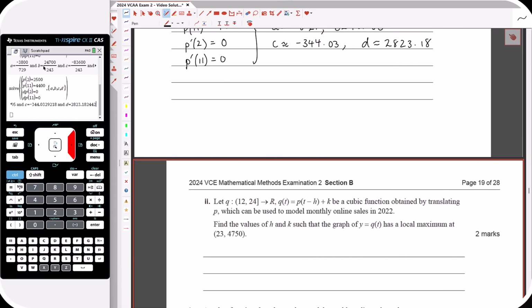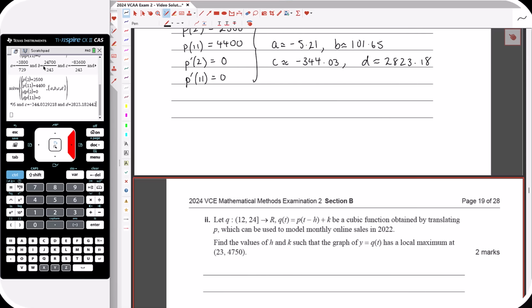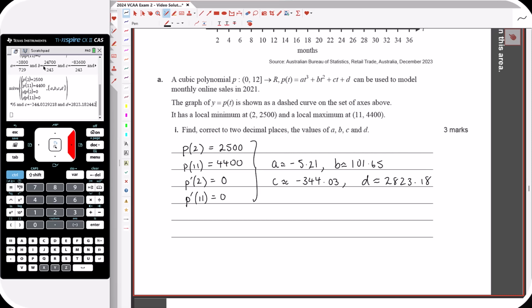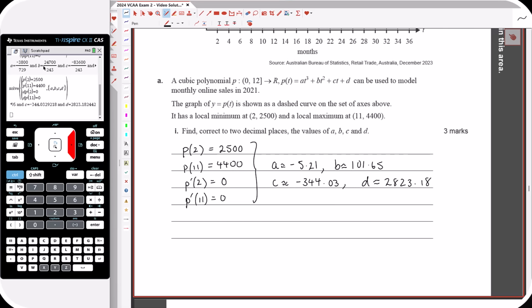Q is a translation of P of t. So we're going to translate P, which can be used to model the monthly online sales in 2022. So the first 12 months was 2021. This will now give us 2022. Find the values for H and K such that the graph of Q of t has a local maximum at 23,450. Okay, so P of t had a local maximum at